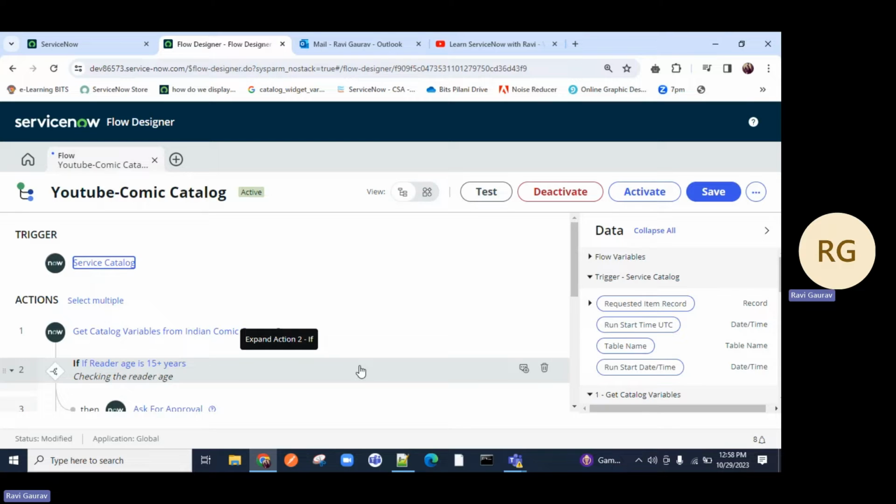So, we are back on the second part of the Flow Designer video, where we will discuss how you can build notifications, how you can send notifications through Flow Designer via catalog and without having catalogs, on the normal tables. But before we get started, if you have not checked the previous video on the Flow Designer part